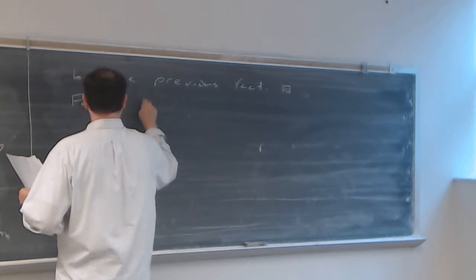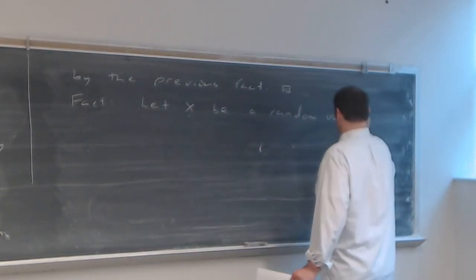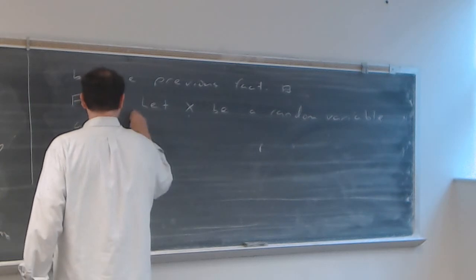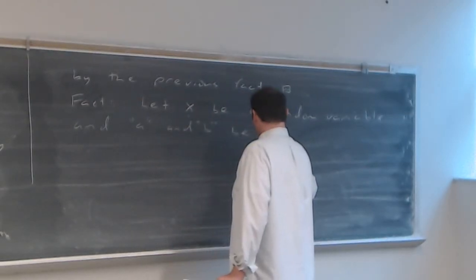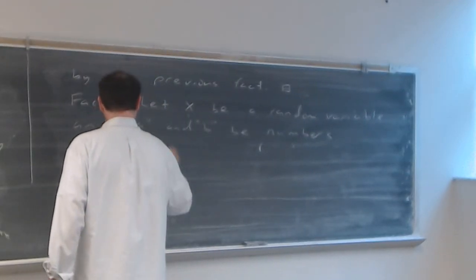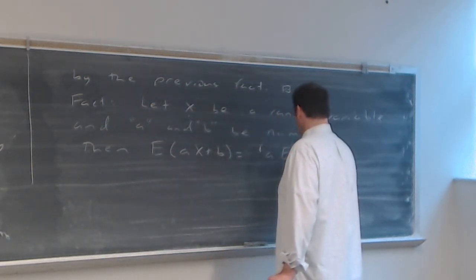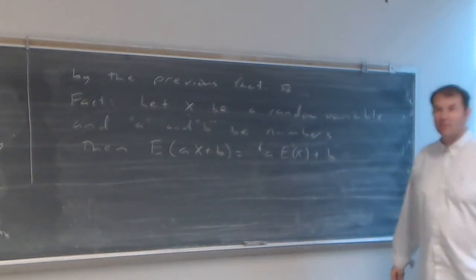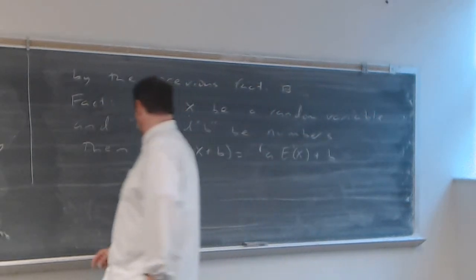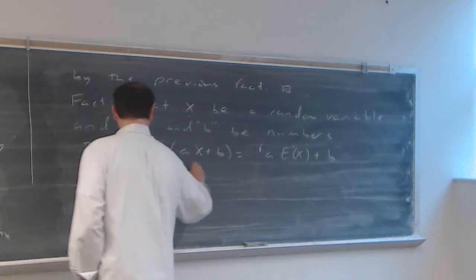It says, let X be a random variable, continuous or discrete, then the expected value of AX plus B is equal to A times the expected value of X plus B. And the way that we'll prove this is in terms of two cases, discrete or continuous. So case one, if X is